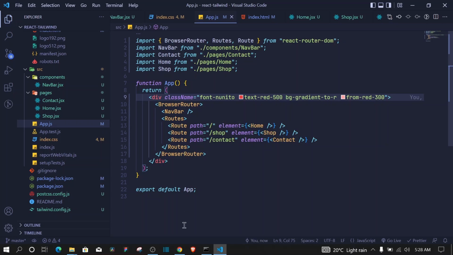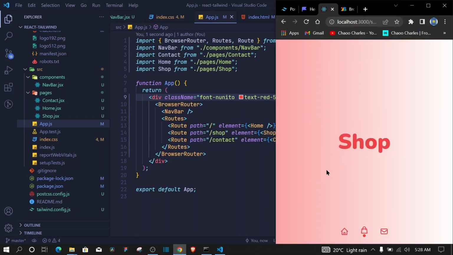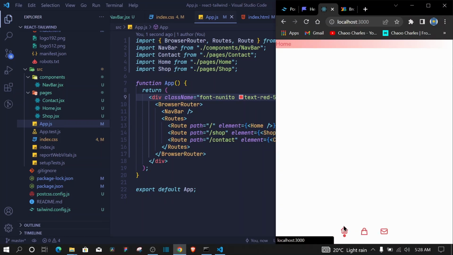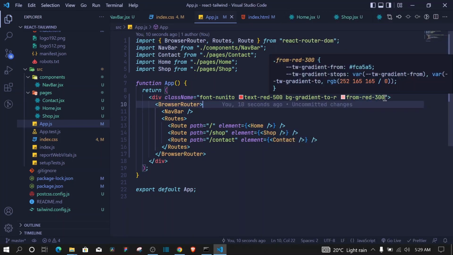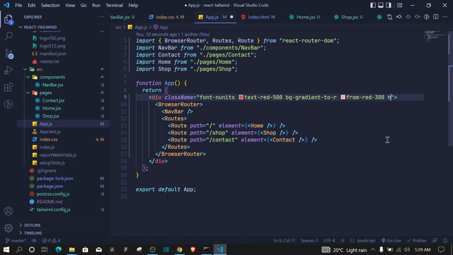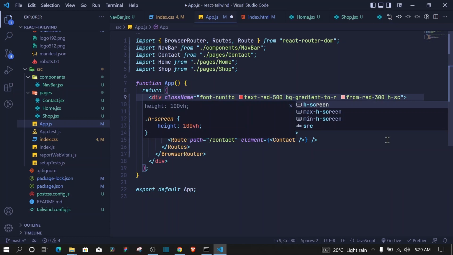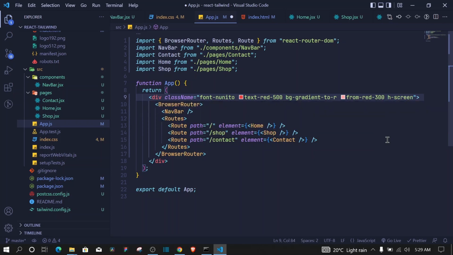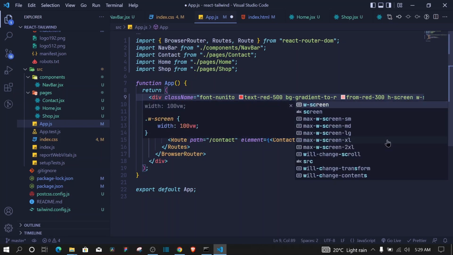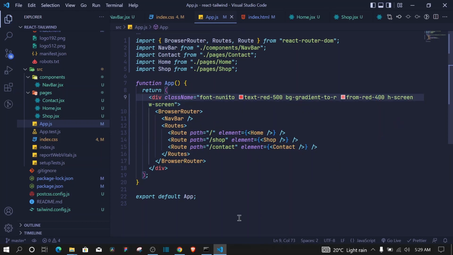So I'll save that. When I come now, look, we have a gradient for our site, also home and contact. So from here we should include h to be screen and width to be screen. So if I save this, come back here,